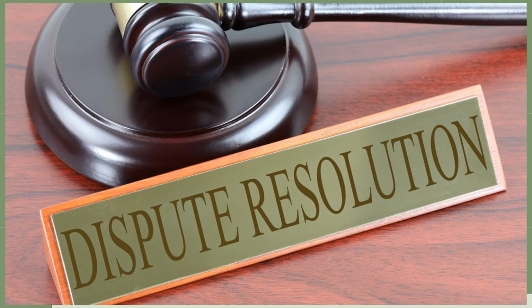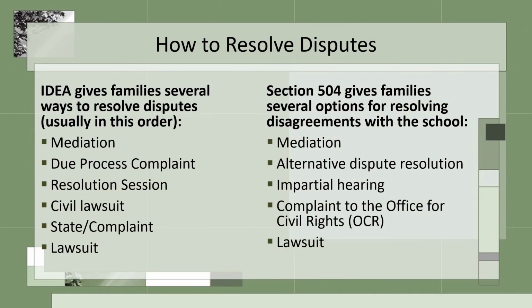Let's talk about what happens when the families or the child does not agree with what's going on. Well, you have a right to dispute. So how are we going to resolve a dispute? Well, in regards to an IEP, the IDEA gives families several ways to resolve a dispute, usually in this order. There's going to be mediation. If this does not work, you go to due process complaint, and it can continue on with resolution session. You have a right to a civil lawsuit, you have a right to file a state complaint